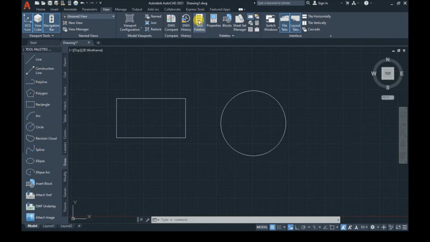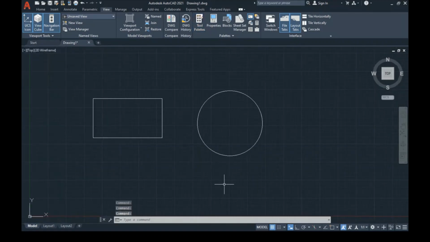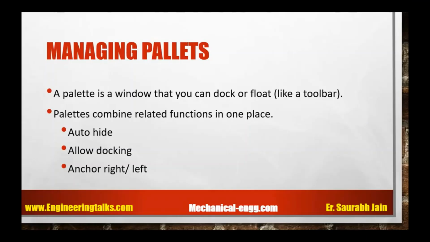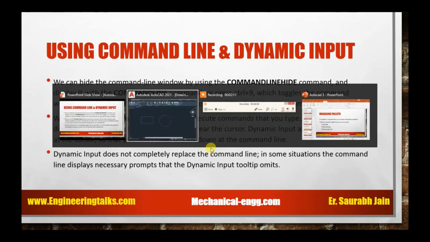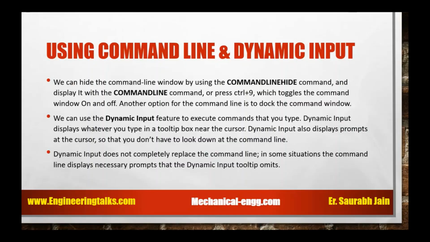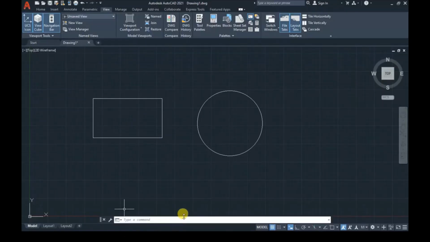Let me clear this out. So after palette, we talk about using command line and dynamic input. Yes, we all know what command line is. This is a command line. This also floats like this.